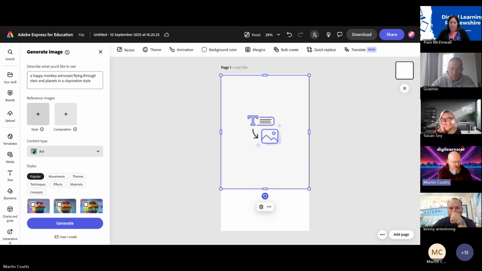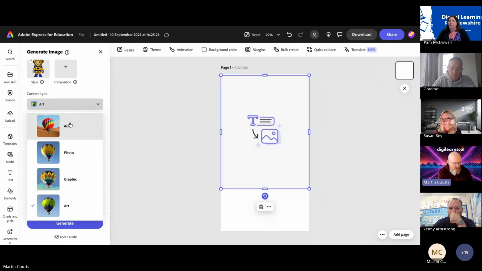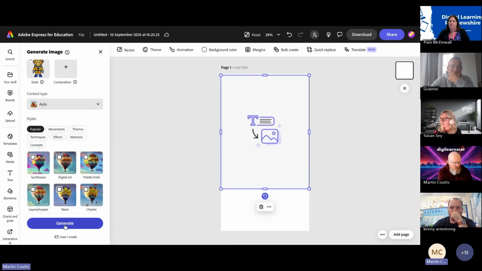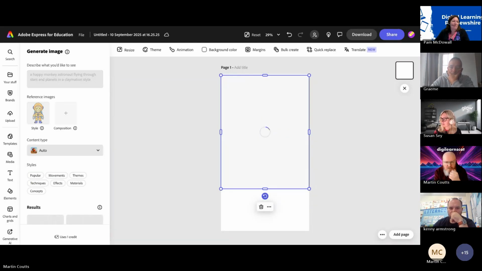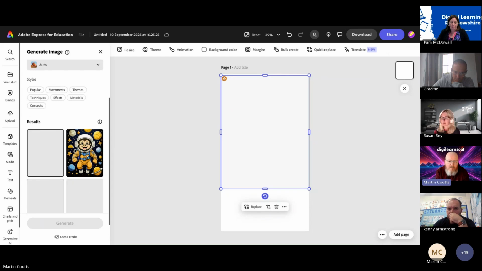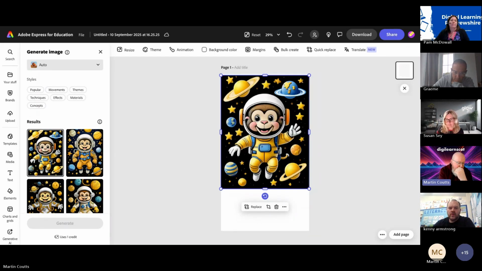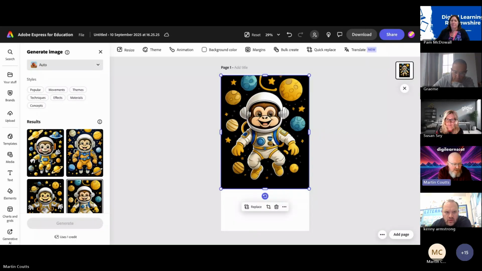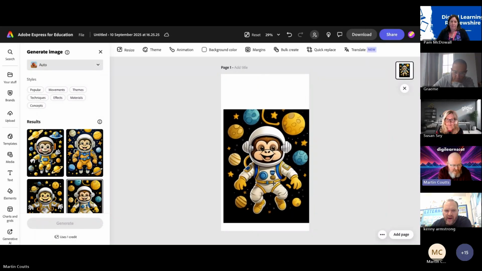So I'm going to take my monkey astronaut, I'm going to open, that's my composition. I'm going to make it auto, and I'm going to generate. So again, it's the prompt I'm using. I've already used another image that I have created, and how it's all coming together. There you go. So it quickly created those, and there is my astronaut that's now been generated, and I could